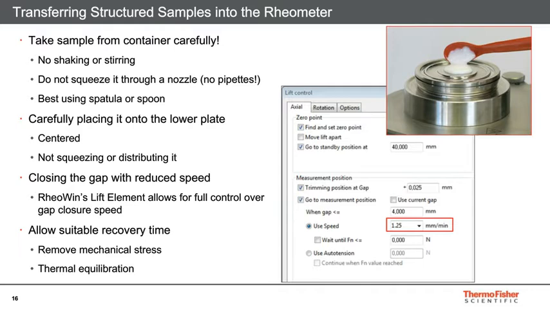So don't squeeze them through nozzles. Don't use pipettes. Don't use syringes. Those syringes, squeezing them through a nozzle, actually pre-shears them. Okay, so that shearing could disrupt the structure, and depending on the material, if it breaks down irreversibly, you can't regain that structure. It's best to really use some sort of spoon or spatula, scoop out that material,